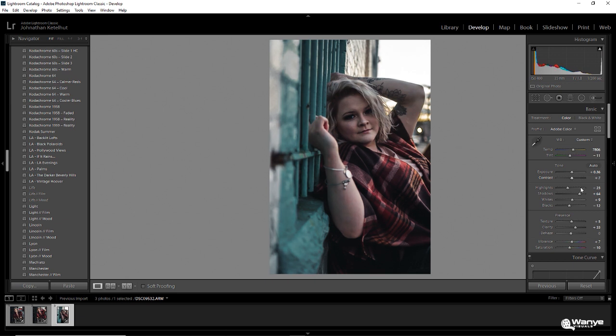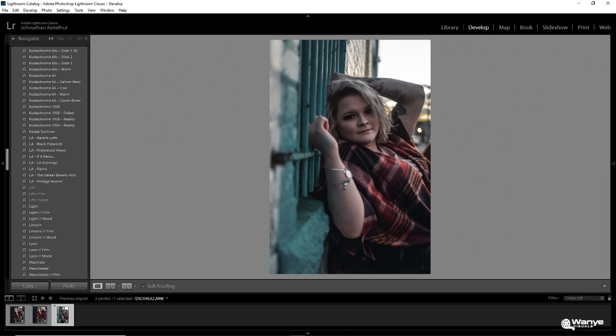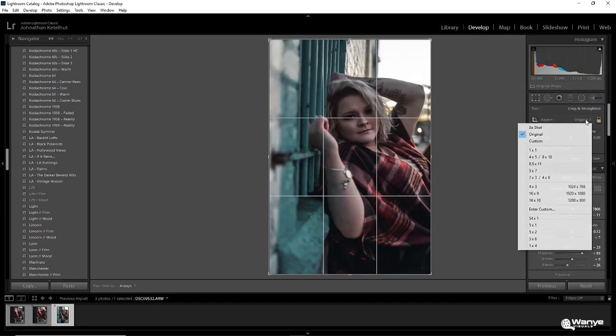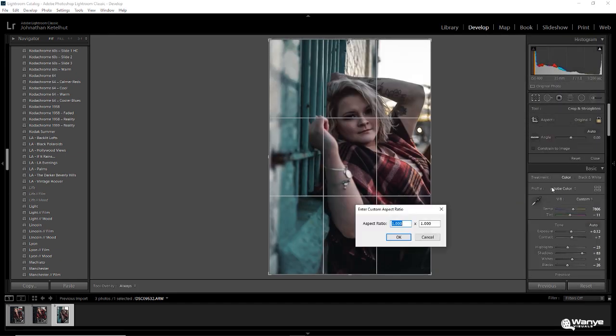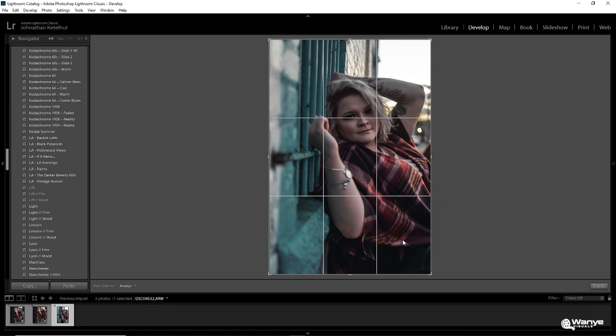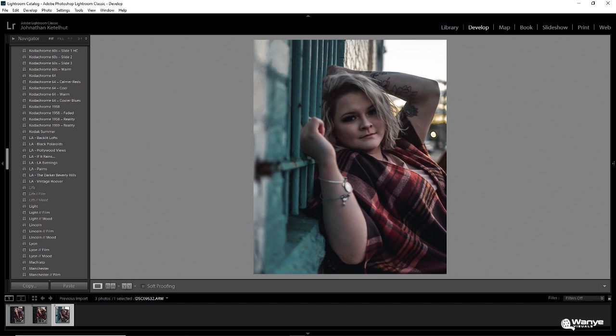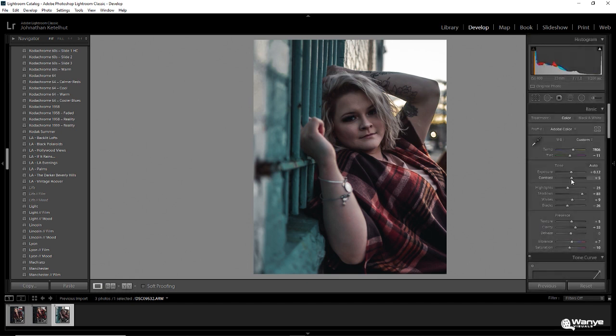What I would do is probably bring down the exposure and maybe bring the shadows up and the blacks down. All in all, very beautiful photo. Again, you know how I do it. I like to crop, bring that 5 and the 4 in, and right there looks really good to me. I will actually also bring the contrast up in this one, and maybe